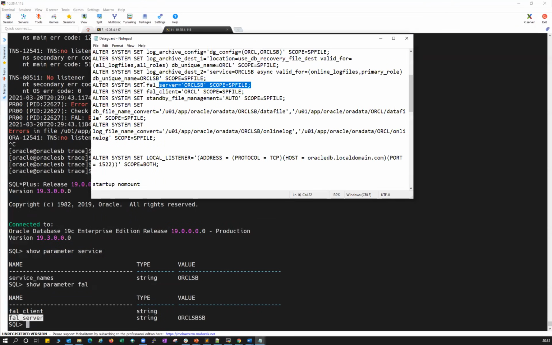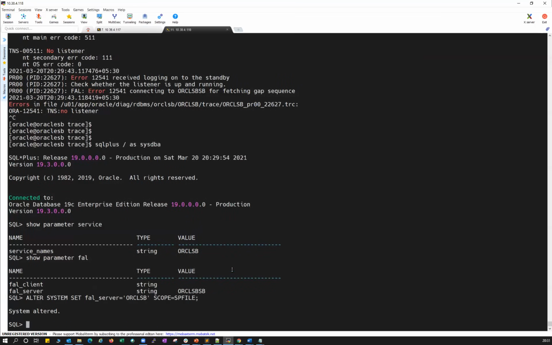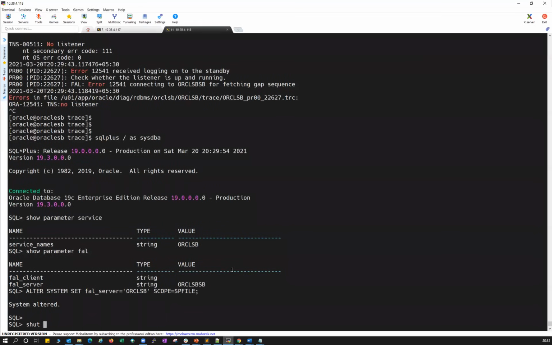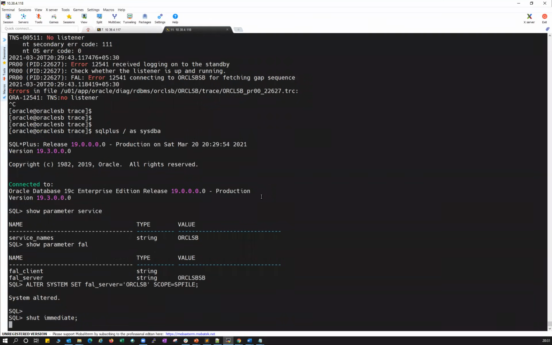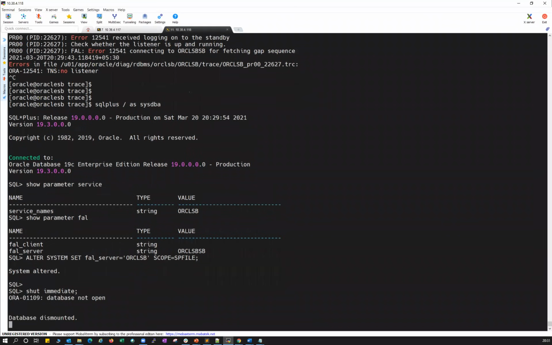Now I'll do this one, ORCL SB. Right, so I will do shutdown. Ideally, when you shut down your database, you have to stop your MRP, and when you're dealing with production, you have to stop your log shipping and all those. But since this is a lab environment, I'm directly shutting down my standby. Those are best practices. They will come once you start working more and more. You have to follow all those standards.